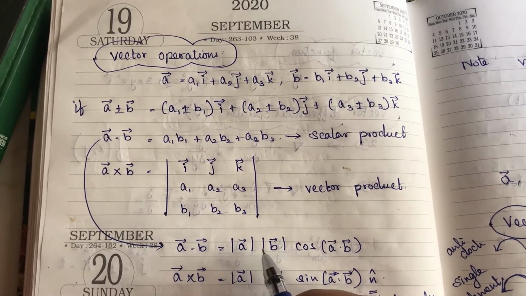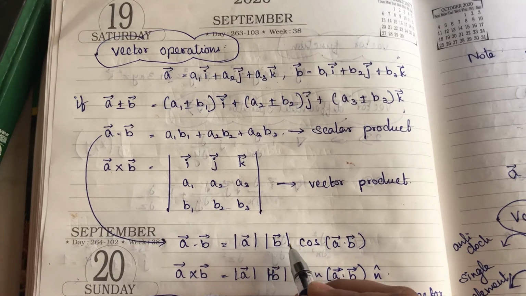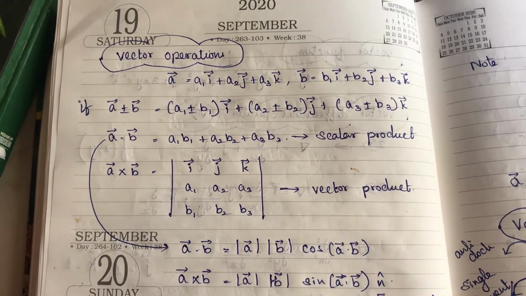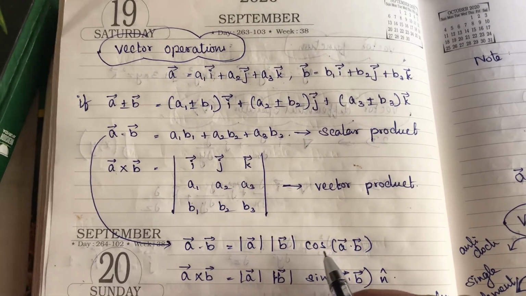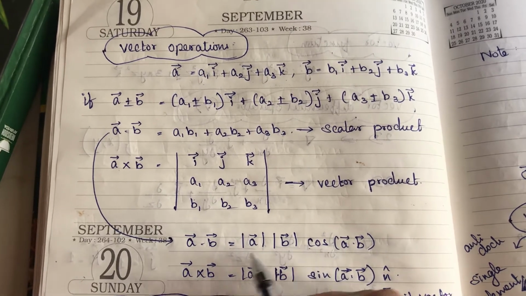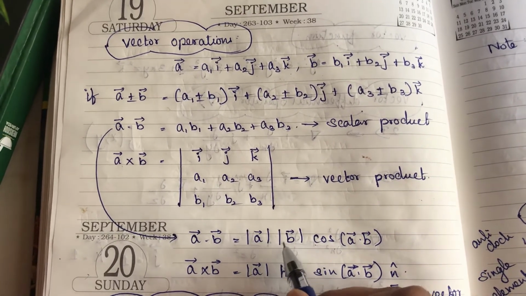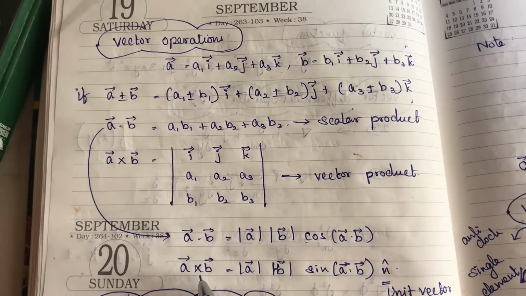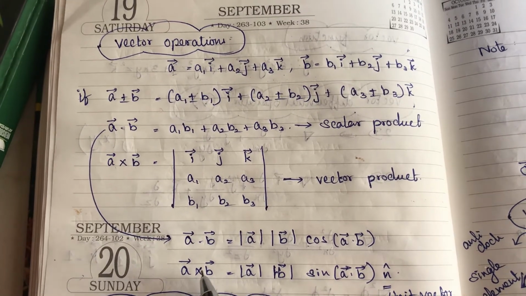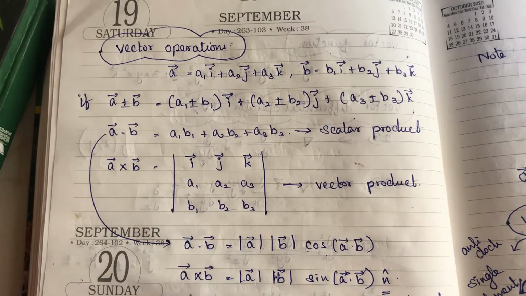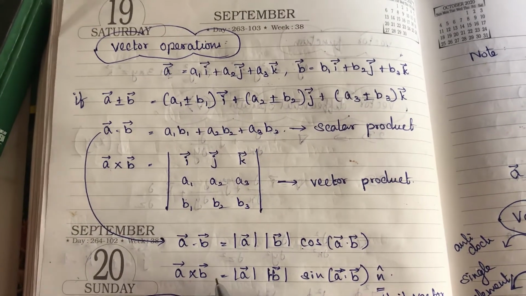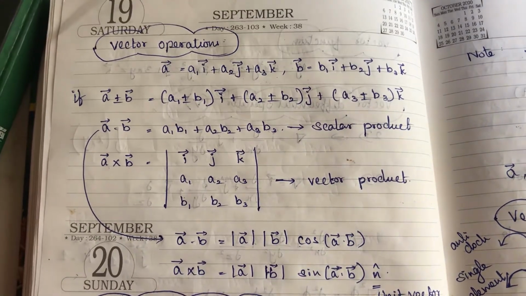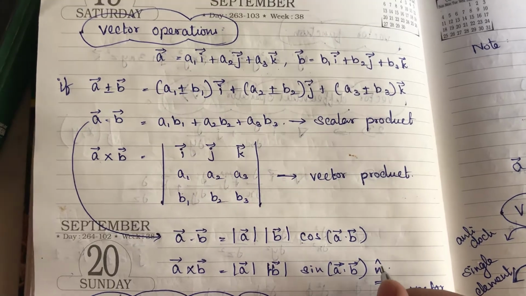mod A vector into mod B vector cos of the angle between A vector and B vector. Okay, so A dot B means just include cos here. Modulus of A vector, modulus of B vector into cos of the angle. If it is into, like vector product, A vector into B vector, it is a vector product. If it is in this condition, just write sine instead of cos and then include a unit vector